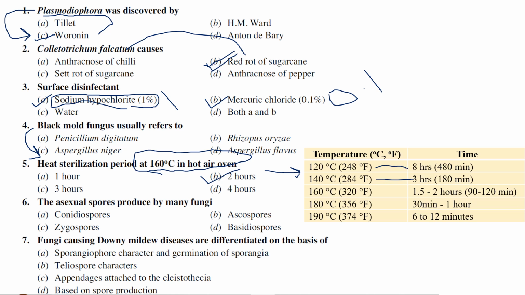If we are sterilizing at 160 degrees Celsius, generally 1.5 to 2 hours. At 180, we keep it for 30 minutes to 1 hour. At 190 degrees Celsius, we keep it for 12 to 16 minutes. So they asked at 120 degrees Celsius how much time it will require, around 1.5 to 2 hours. There is no 1.5 hours in the options, so the answer is 2 hours. And remember, sometimes we also need to adjust the answer according to the options given. So don't think that whatever you study, the same thing will appear.